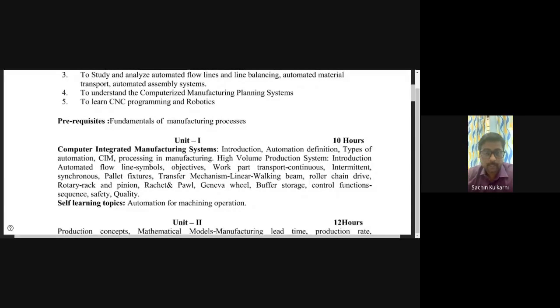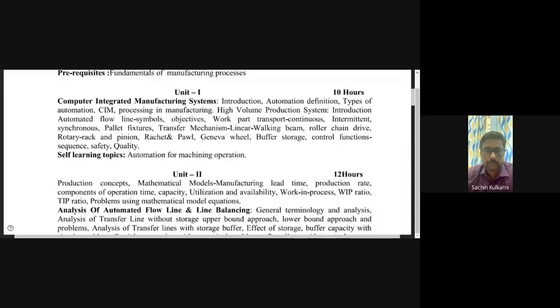The first unit, whatever you are observing on the screen, unit 1, computer integrated manufacturing system. That is the heading of that particular unit 1. In that you will learn introduction, production system, automation in production system, automation principles and strategy. What are the different principles and strategies? Ten principles and strategies are there in that. Basic elements of automated systems, advanced automation functions, and levels of automation.